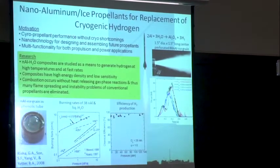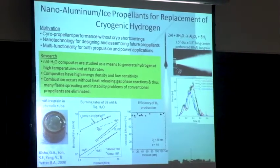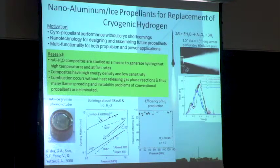This is a mixture of nano aluminum and water that's been frozen in a phenolic tube to form a grain. You can actually burn these systems, and if I make a plot of the burning rate versus pressure, this is the burning rate of the nano aluminum water, and you can see it exceeds many of the propellants that I just showed you earlier: ammonium dinitramide, HMX, RDX, AP, etc. So it has a very fast burning rate. If I were to use micron aluminum particles, it would be very difficult to burn, because the surface area is too low and the reaction rates are too low. The conversion efficiency is nearly 90 to 100% in terms of producing